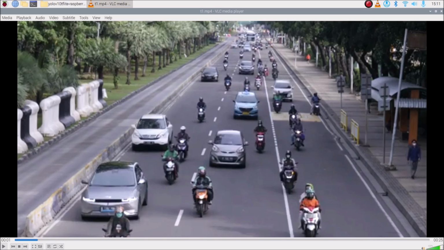So here, let's just say from this scenario I want to detect a car and motorcycle. So what I will do is create my own object detection model for this scenario, and I will mention the classes which I want to detect. Let's just say for this scenario I just want to detect my car class and my motorcycle class. Instead of converting the pre-trained object detection model, YOLO10 n.pt, because as I mentioned, when we convert it into tflite format, it will not detect all the objects that perfectly,